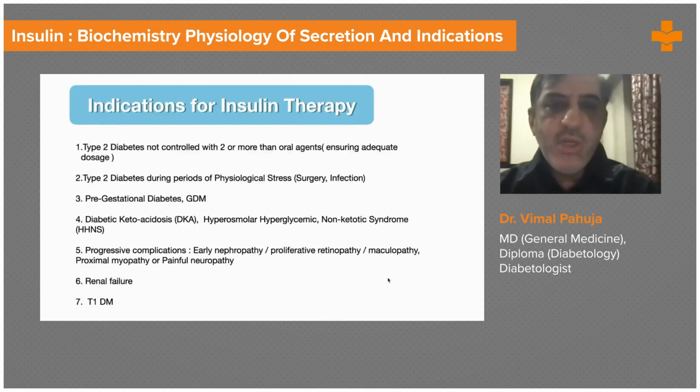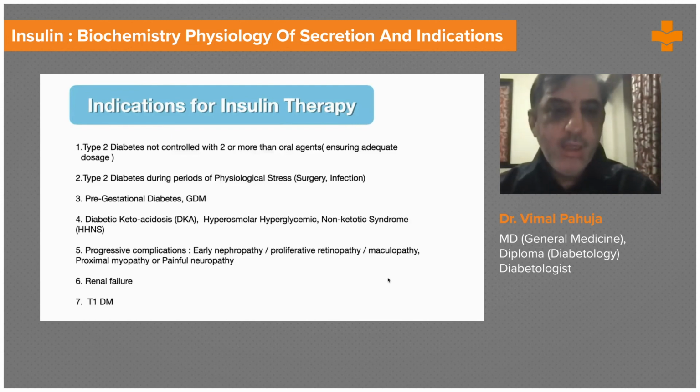Type 2 diabetes during periods of physiological stress like surgery and infection. Of course, all these patients who are going to go through pregnancy or surgery will require insulin. Pre-gestational diabetes and gestational diabetes mellitus are indications for insulin therapy. When you have emergencies like diabetic ketoacidosis or hyperosmolar hyperglycemic non-ketotic coma, this is an indication that you have to give